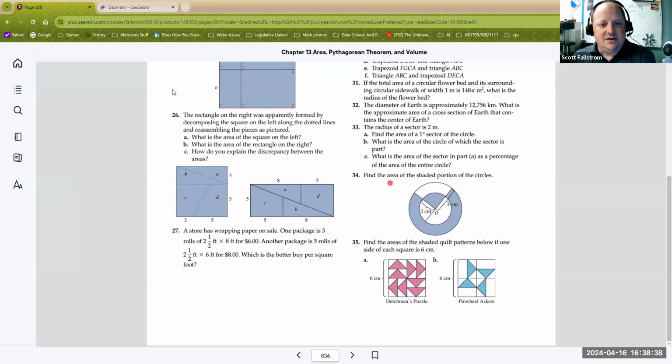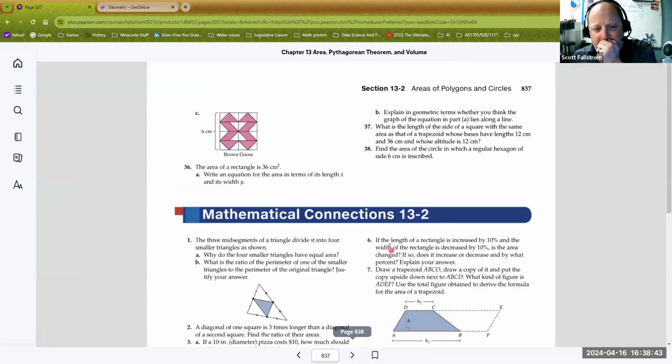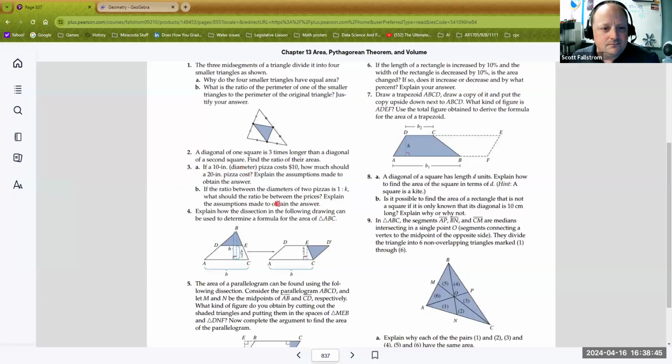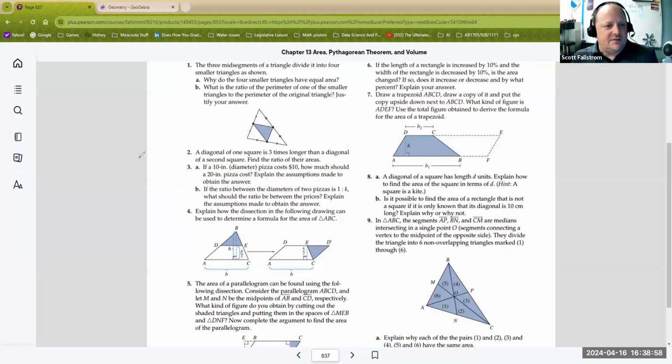Let's take a look at MC number 3. I'm just going to give a push on this one. Just find the areas of the two pizzas. That's what I would probably do. If I was selling just a spaghetti noodle or something like that, then however long it is tells me how much I should charge, because the thinness is the same. But when you go to a pizza,